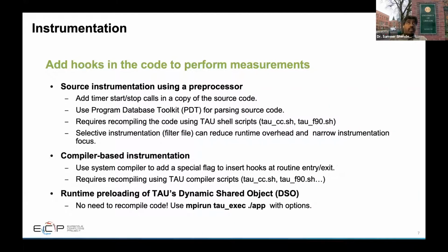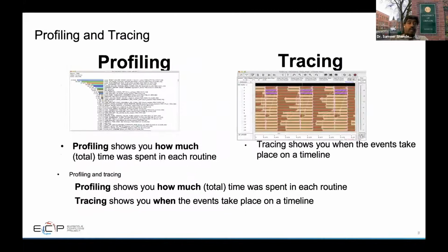Both Clang compilers, GCC compilers, as well as the IBM XL compilers have these flags that TAU compiler scripts, such as tau_cc.sh or tau_cxx.sh, can call. You can also launch the code unmodified using mpirun with tau_exec and then the application. So this tau_exec tool can preload TAU's dynamic shared object while running your code and then generate profiles or